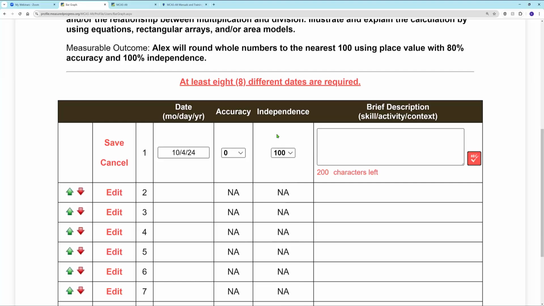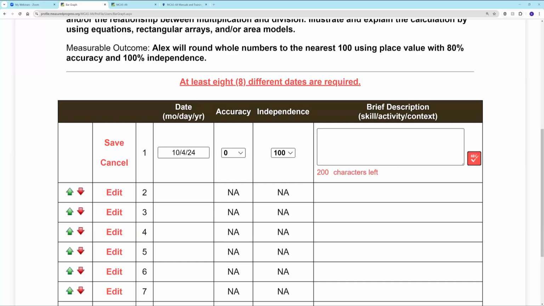And remember the rule, this first data point, so whatever your first date on your data chart, has to be below 80 on at least one of these. So 0 is below 80. So I know even though this one's above, that's okay. As long as accuracy or independence is below 80%, it's an acceptable place to start. You just can't have them both be above 80. If these are 100, that's not a valid data point, but 0% accurate and 100% independence is good. And then do